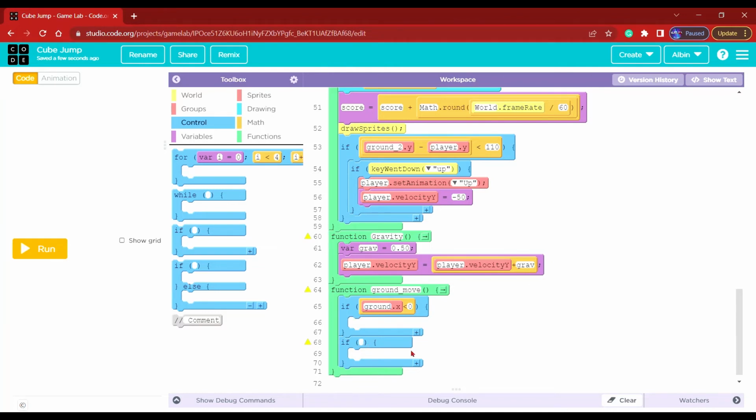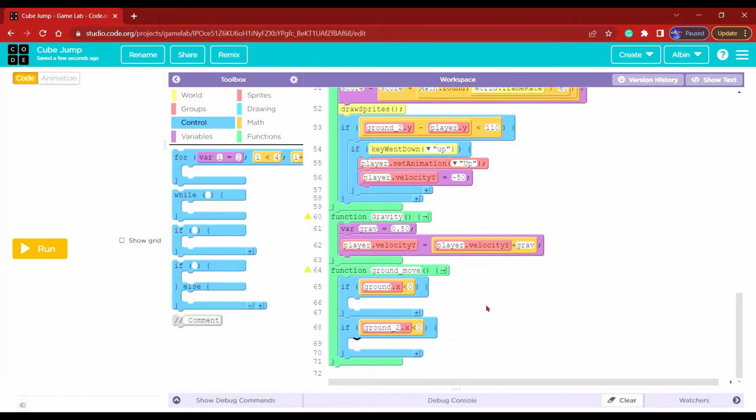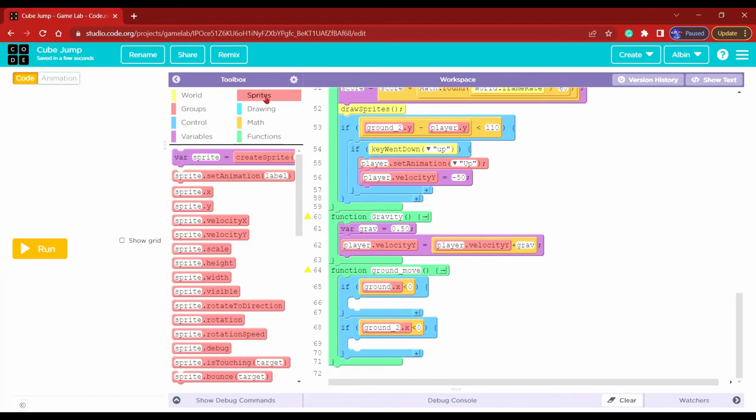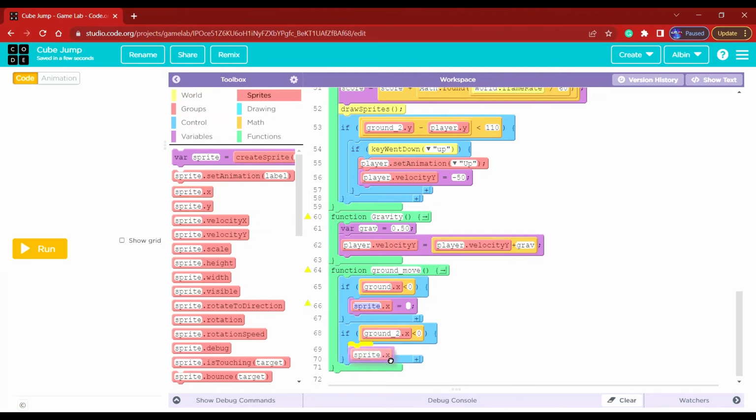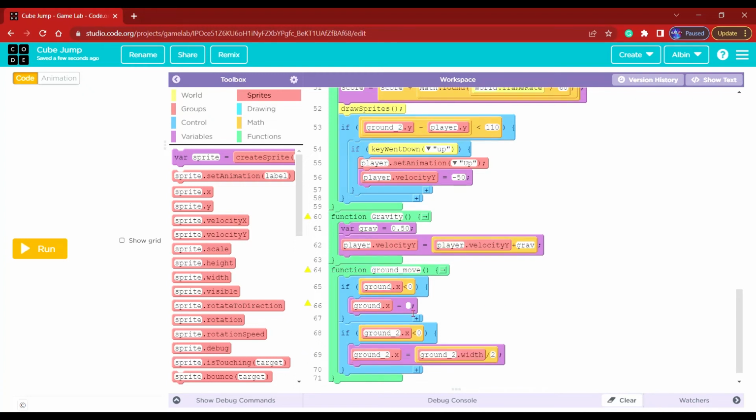and then do the same thing if ground 2 dot x is 0. Then you need to do the ground dot x over here. And you have to do width 2. Then you have to do